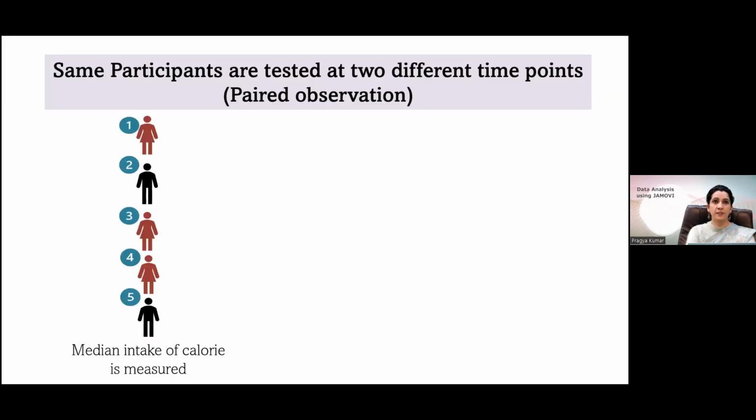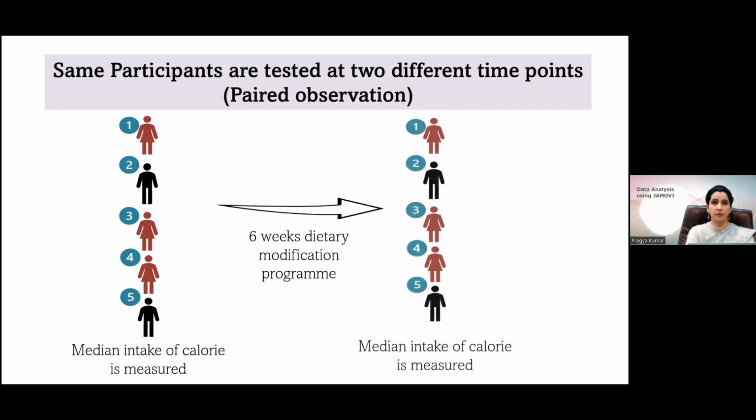For example, the same participants are tested at 2 different time points. I have measured the median intake of calories in these 5 individuals before a modification of diet, before any intervention. Then I did a 6 weeks dietary modification program and I have measured the median intake of calories. And if I want to see the difference in pre and post, then it will be a paired t-test or